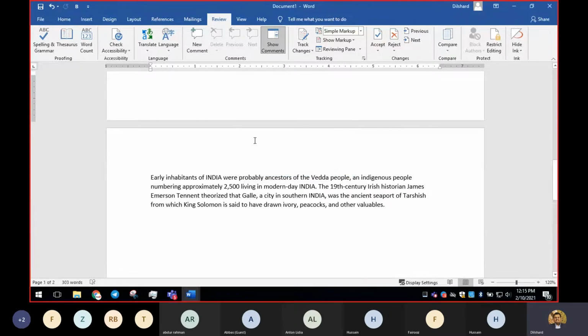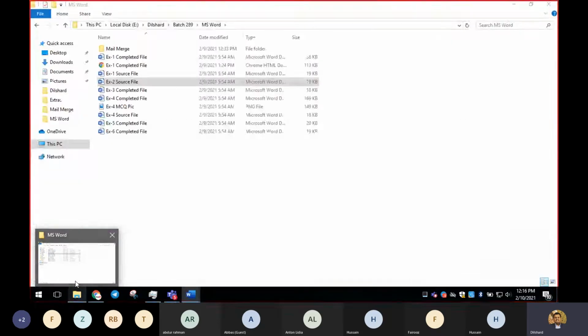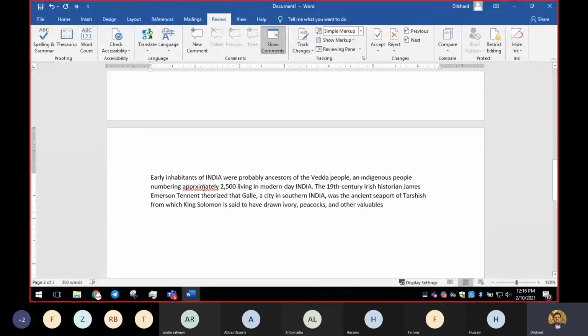If you got everything corrected, hope you can see this on your PC, it will say no proofing errors, with a right symbol. If you got any mistakes here, the icon will be changed into a cross.